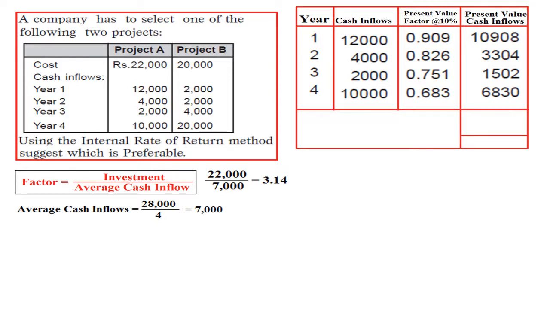Once you get this present value of cash inflows, make the summation, that will be 22,544. This is the present value of cash inflows, minus investment, that is our 22,000 investment we made. So how much are we getting? We are getting positive NPV of 544, in the sense 544 rupees positive NPV. Now at this percentage, 10%, we got positive NPV, one more we need to get: a negative NPV.